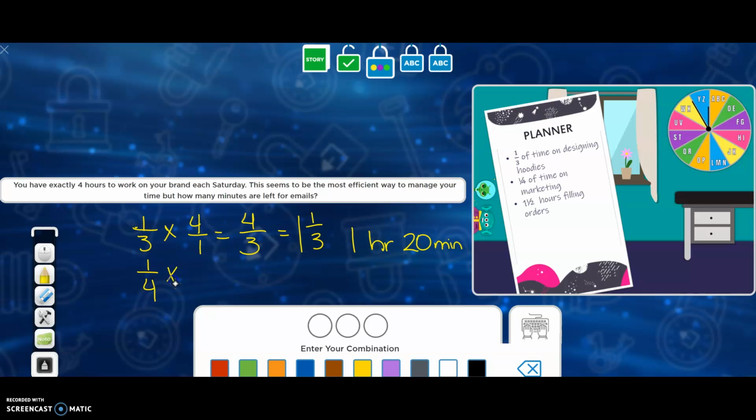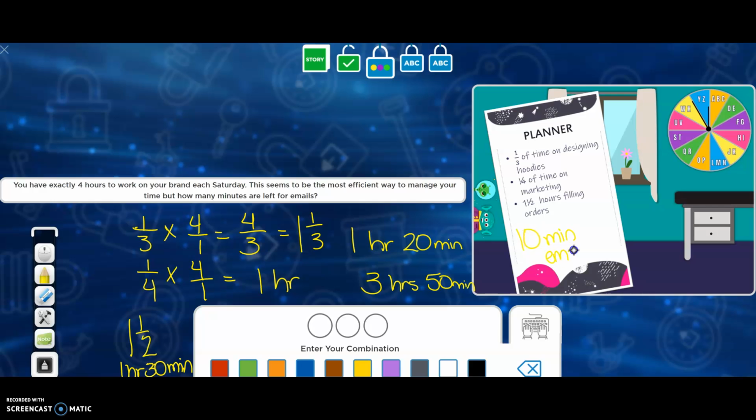Next, 1/4 of my time, so 1/4 of 4 hours, that is just simply 1/4 times 4/1. It's going to give me 1 hour. And then finally, I was told 1.5 hours to fill orders. So if I combine all of that, I have 1 hour and 20 minutes plus 1.5 hours, that's 1 hour and 30 minutes. So if I combine all of that, I end up with 3 hours and 50 minutes. So that leaves 10 minutes